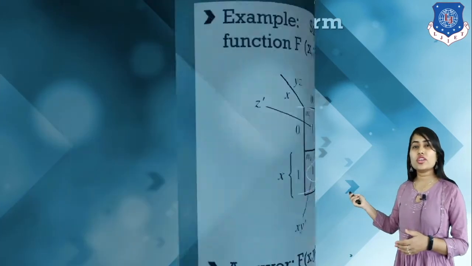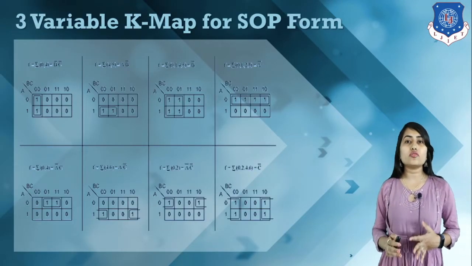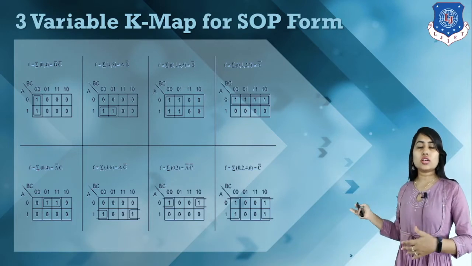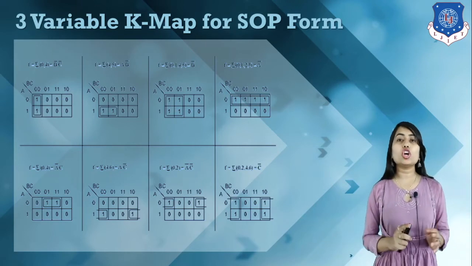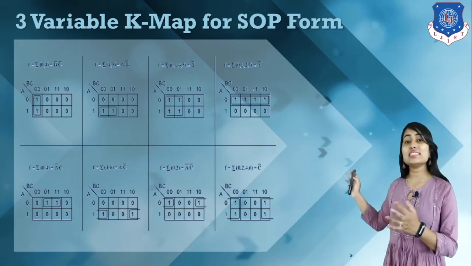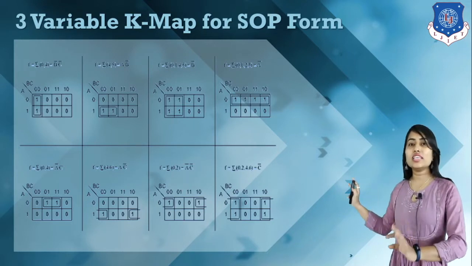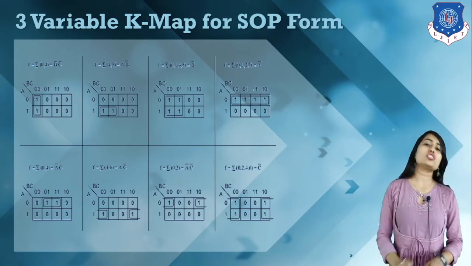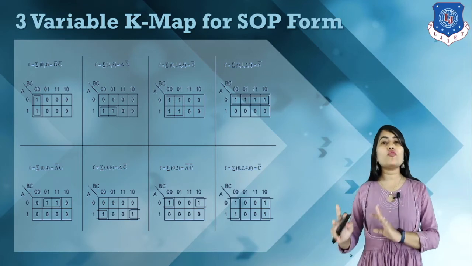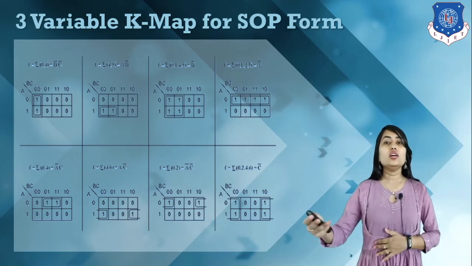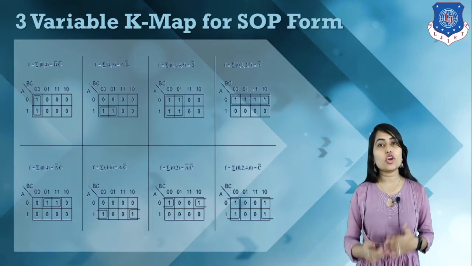Here we have different kinds of examples of how we can make a group and how we can write the logical functions. Using this kind of concept and this grouping method, we can simplify logical functions using 3 variables. We write logical functions by just checking in both directions, horizontal and vertical. Whatever the common variables are for a whole group is basically the group function of that logical group. Okay, so this is how we can write logical functions for 3 input variables.